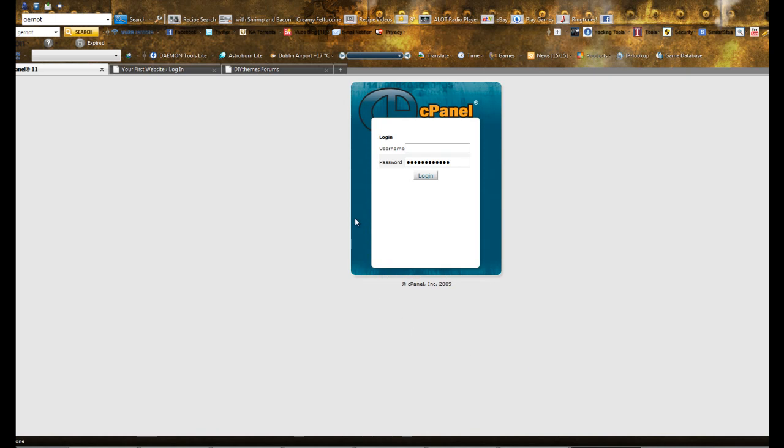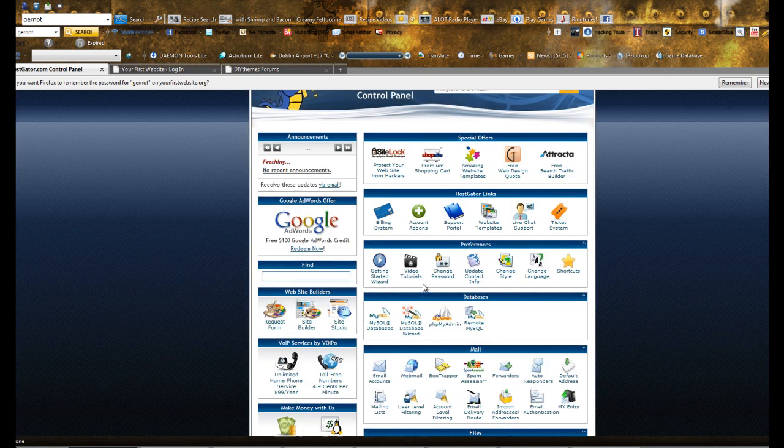Okay, so the first step in setting up your WordPress manually is to log into your cPanel. So let's do that now quick. Okay, cool. So once you're logged in, what you want to do is head over to your MySQL database and